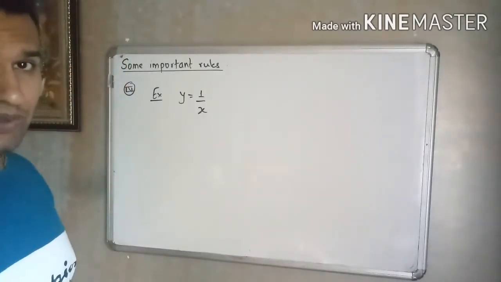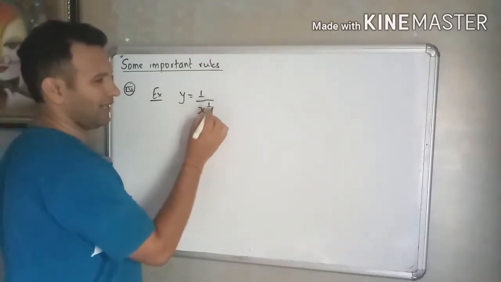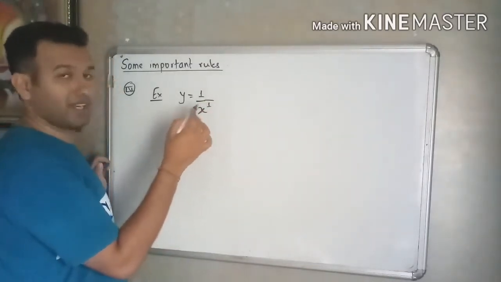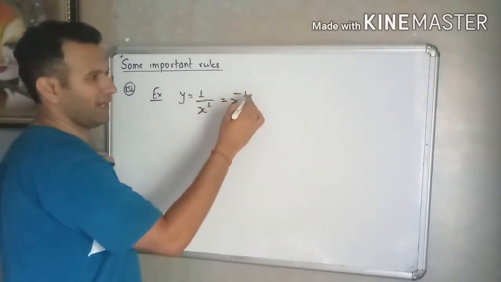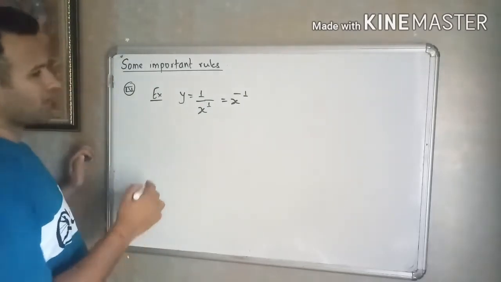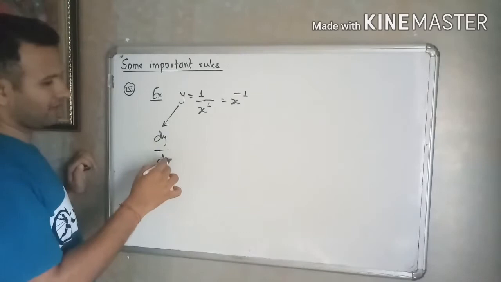So you can pause the video and just try. Meanwhile, I'll just tell you this is x raised to 1. So I'll take this entire thing from the denominator to the numerator, so that this becomes x raised to minus 1. Okay. So यहाँ पे this will be dy by dx is equal to,